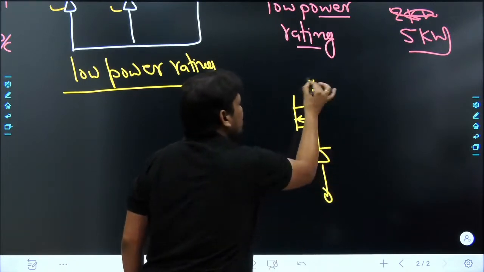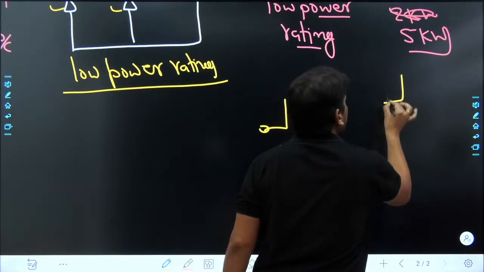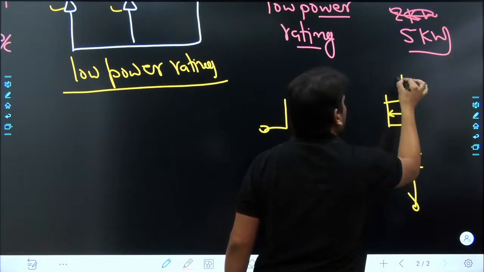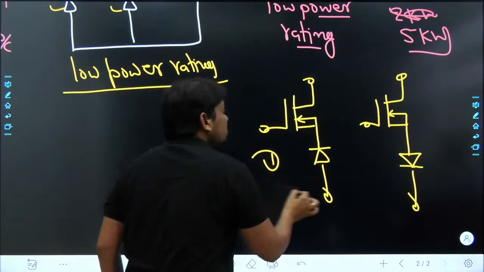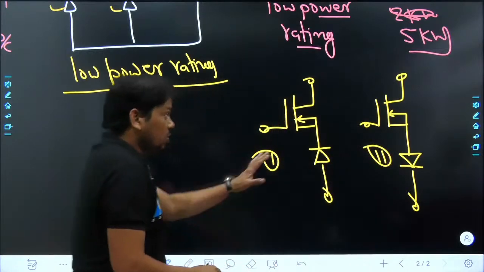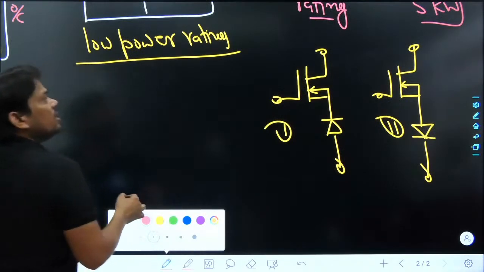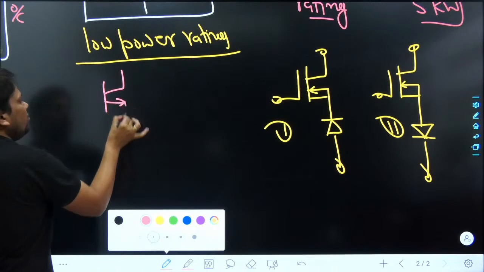Either in this fashion, or either in this way. Which is the correct one? Either the first one is correct or the second one is correct. Think over it. Similarly, from the suggestion of your friend, I want to consider one diode with the IGBT also,